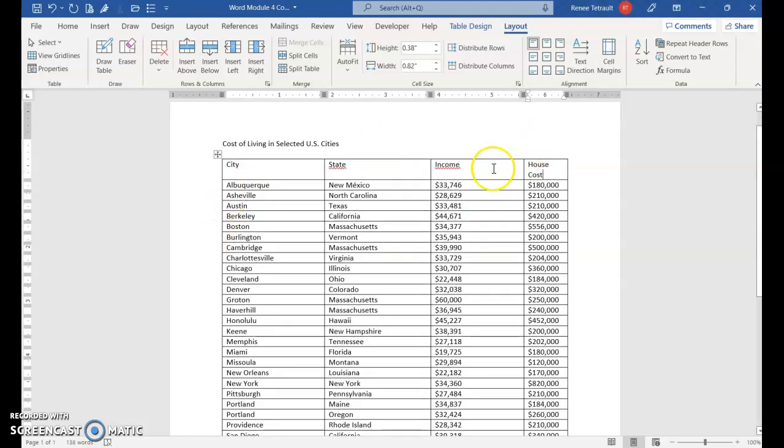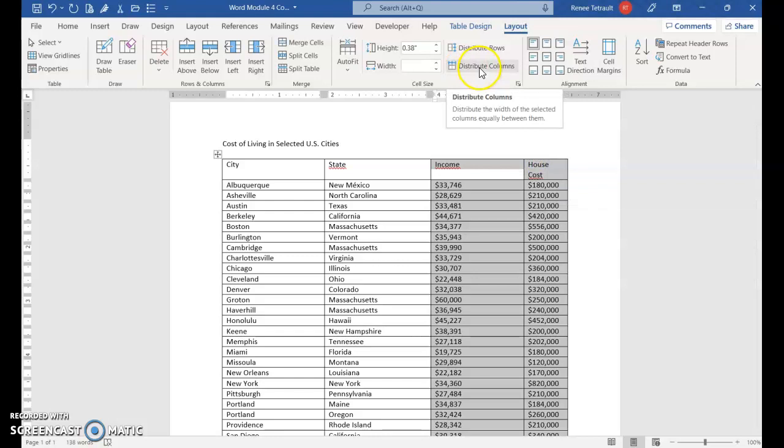Now, if you notice, the third and fourth columns are not distributed evenly, so I'm going to hover over the border till I have that arrow pointing down, hold and drag across, and I'm going to choose Distribute Columns, so